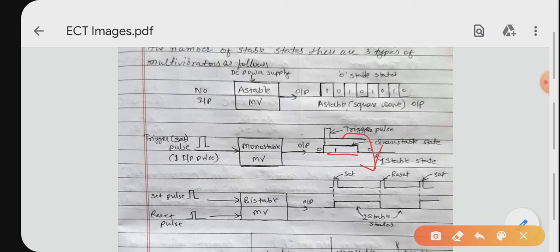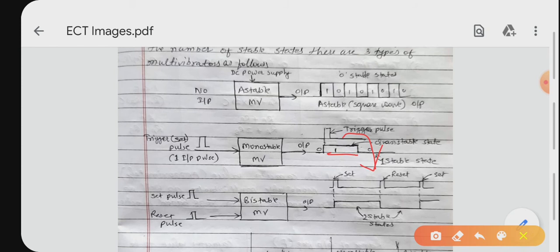Okay, so this time during which the output of the monostable multivibrator remains in the quasi-stable state or unstable state, that time will be decided by external timing capacitors and timing resistors. So that T is equal to R into C. So resistor and capacitor network is connected external to this IC555, which decides the timing, or you can say on time or quasi stable time or unstable time of the multivibrator. That's why those components, resistor and capacitors, which are connected externally, are called as timing capacitor and timing resistors.